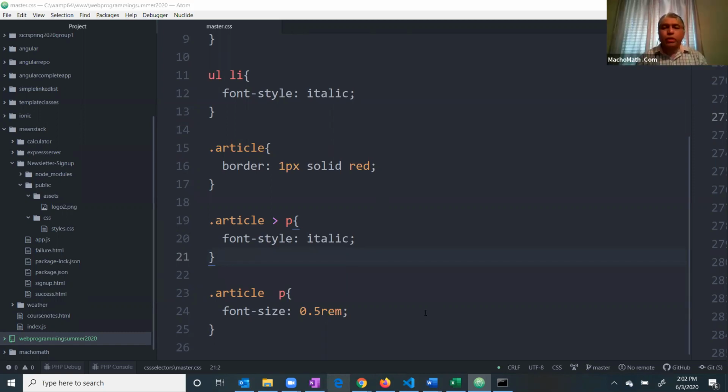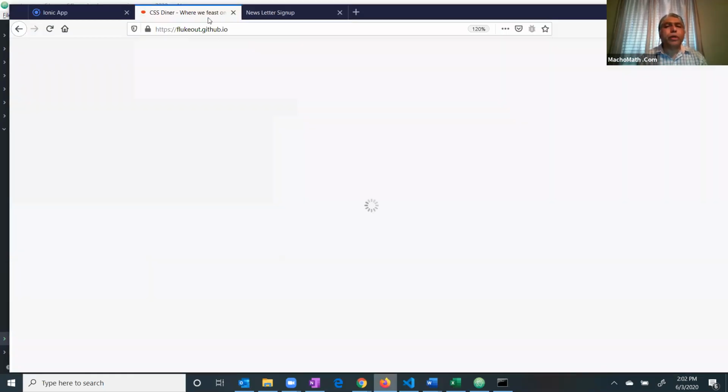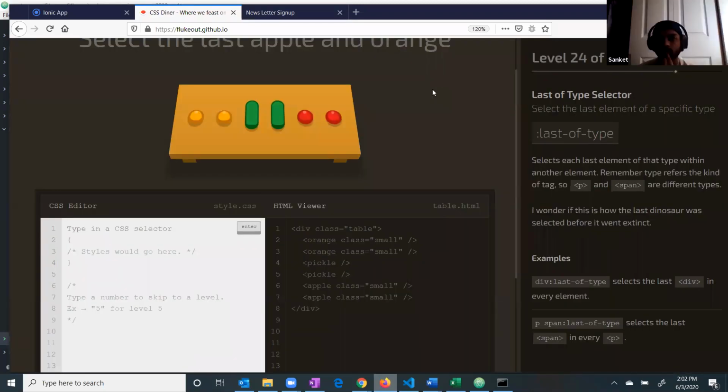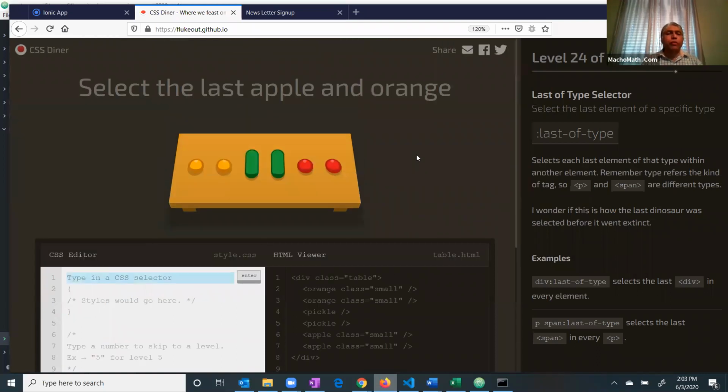Okay, so let's start. So we were here in CSS Diner, and we have completed up to 24 rounds, where we were selecting what we want. What do we want to select over here? Select the last apple, right? So basically it would be colon,